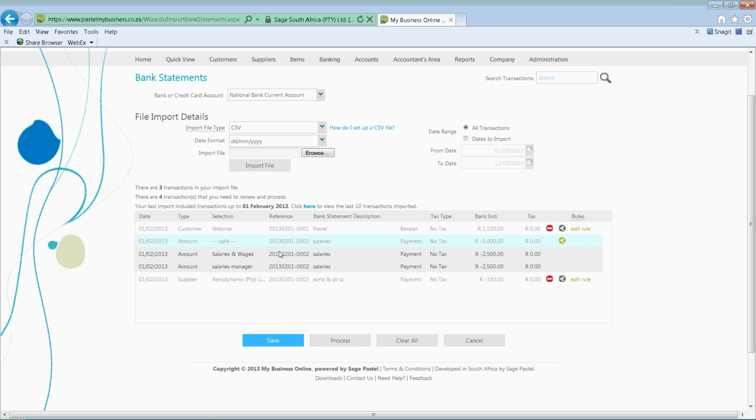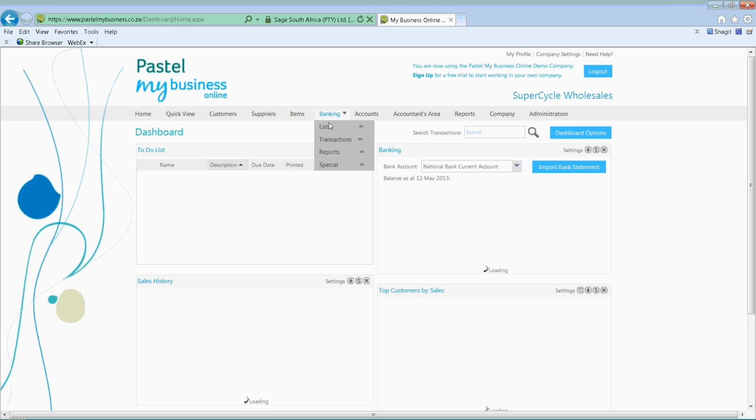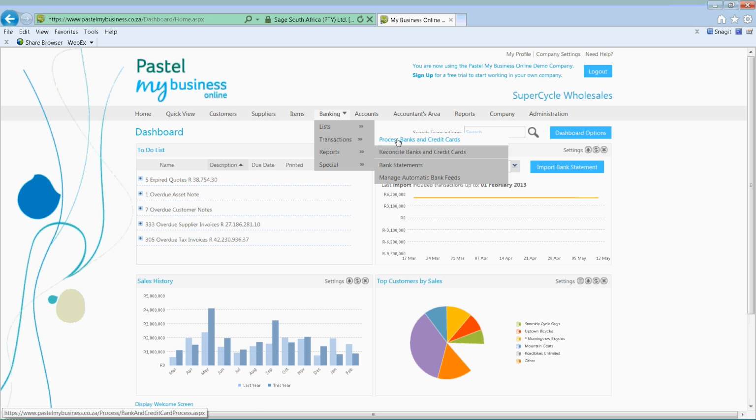Okay, so now what I've done is I imported it, and from there I've just allocated the type or the selection. Once it's done, I simply say save or process. Once I process that, it will then process into the system. If, let's say, I need to make any changes on the system, so I did something incorrect,